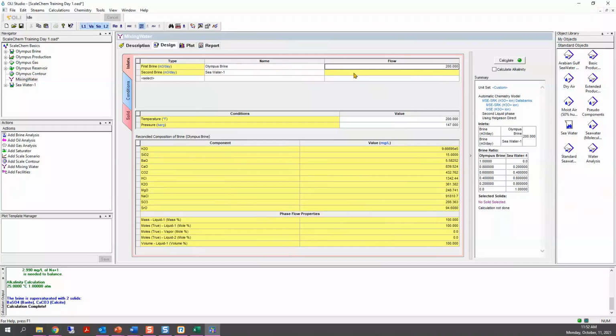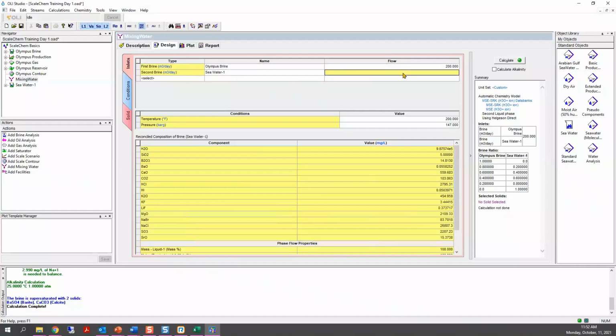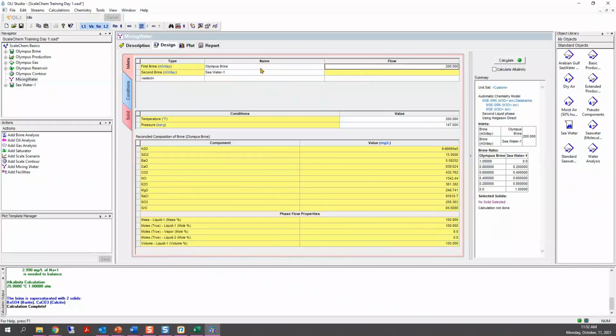And in this specific definition, I have 200 cubic meters per day of Olympus brine and 0 of seawater. So how do I fix this? How do I make sure that I change, let's say, 180 cubic meters per day of Olympus brine and 20 cubic meters per day of seawater?